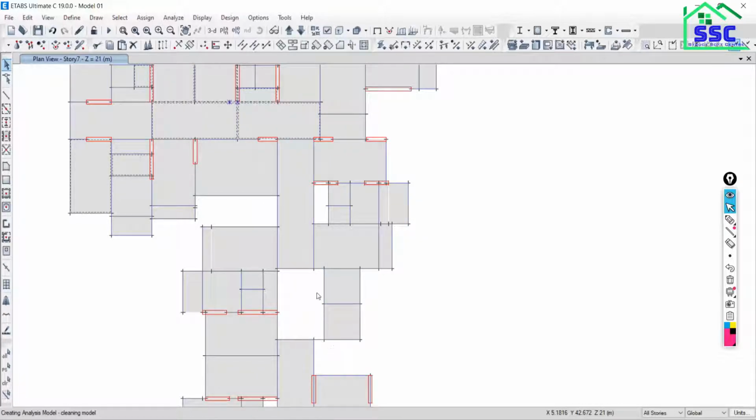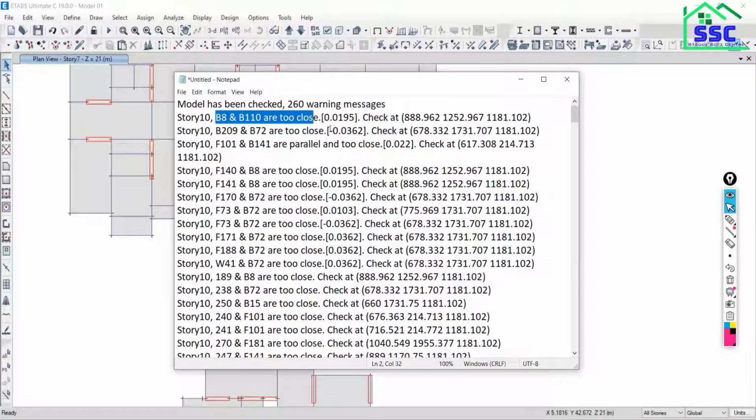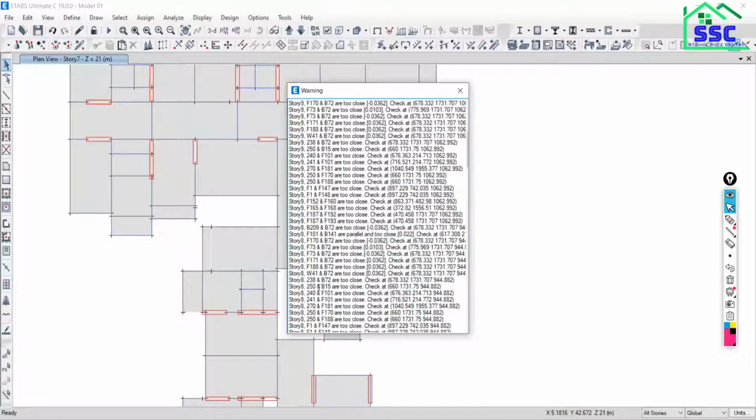If there is an error, it will be intimated during the model check. How many errors are there? Previously it was B8 and B110. This error will not be there. So that is resolved.